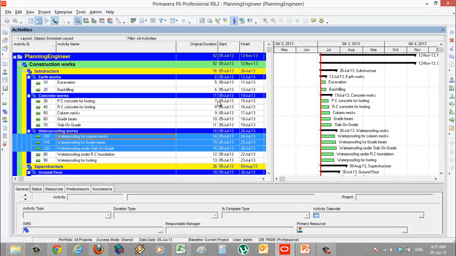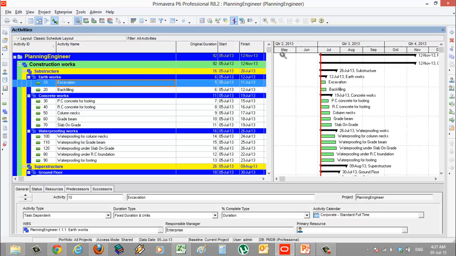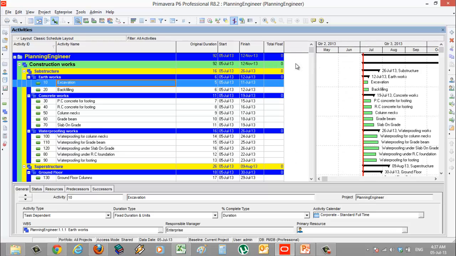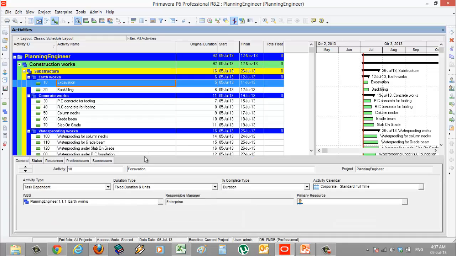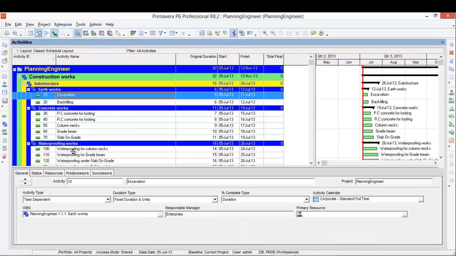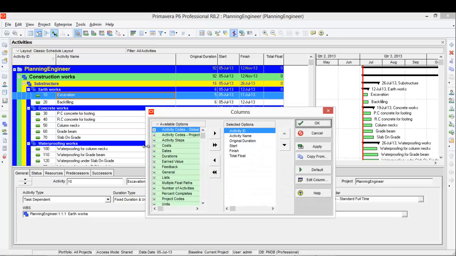Now remaining to assign the activity codes to all these activities. We assigned only the WPS now, so we need to assign the activity codes. So to assign the activity code, we need to show the activity code column here.